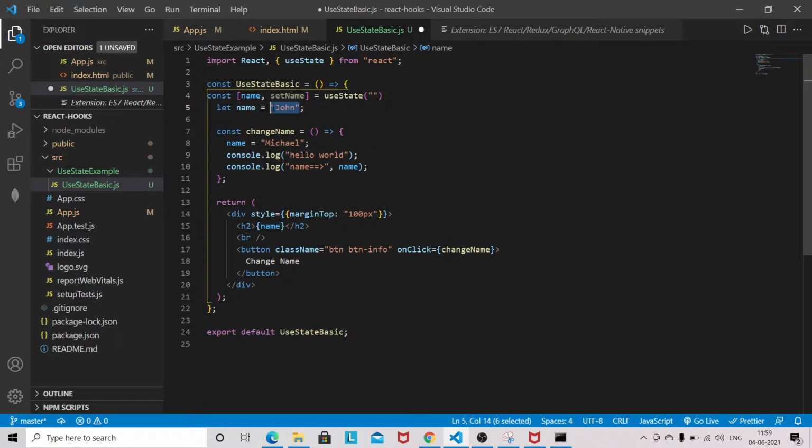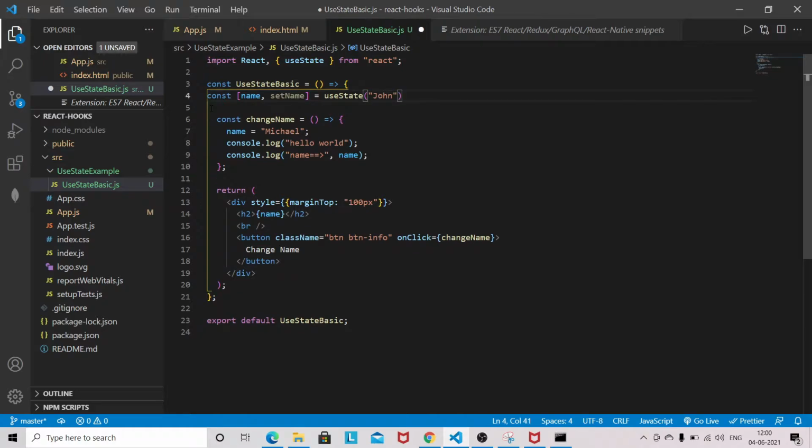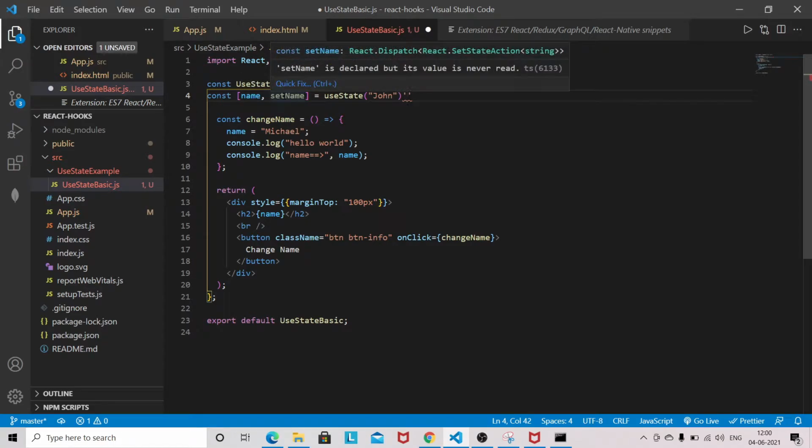Whatever you have defined here, you can define here. Remove the additional double quotes and you can get rid of this. So this is the value and this is the handler, which is going to update the value.